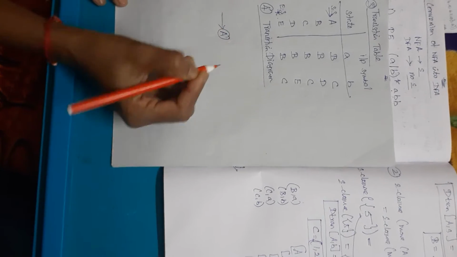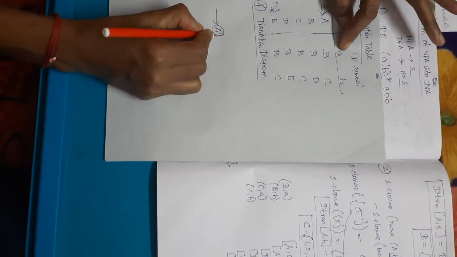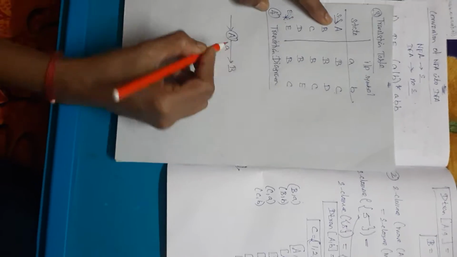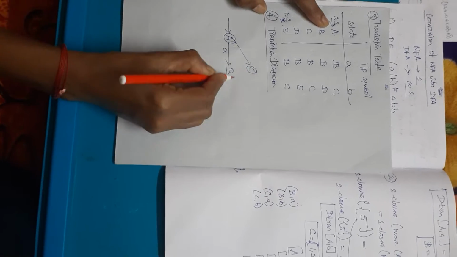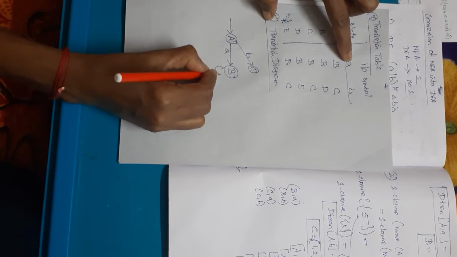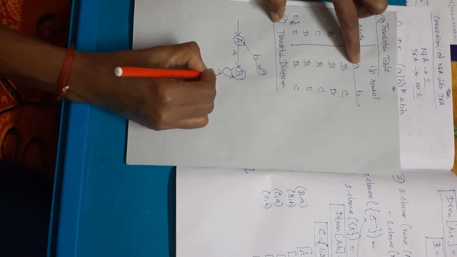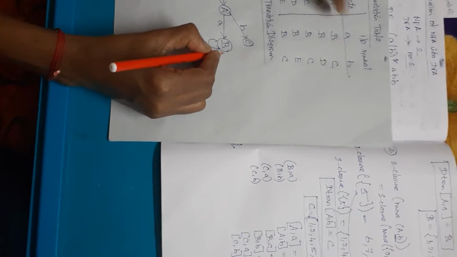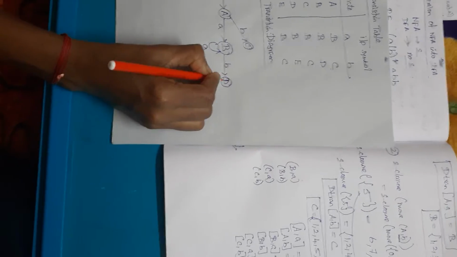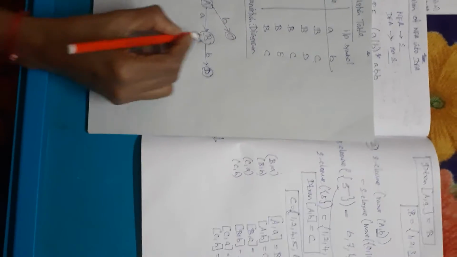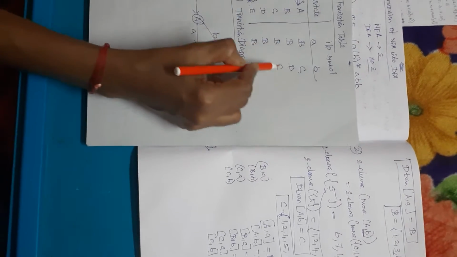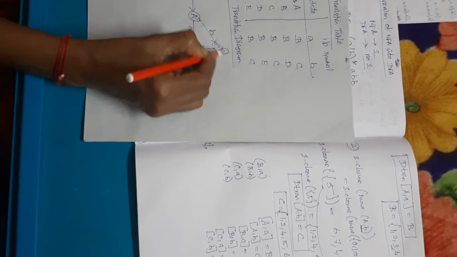State A. A can move on the input symbol small a to state B. Then check A to B, C. So C, the input symbol is b. Then check B, B comma a is B, the same self loop, you can indicate for the input symbol a. Next thing, B to B, small d, and B to B, small d, small b, capital D. Next is C to A, capital B, C to A, state A. Then C to B, C, a self loop for the input symbol b.